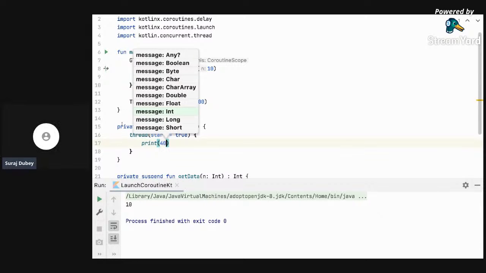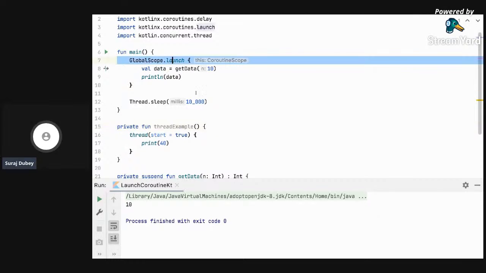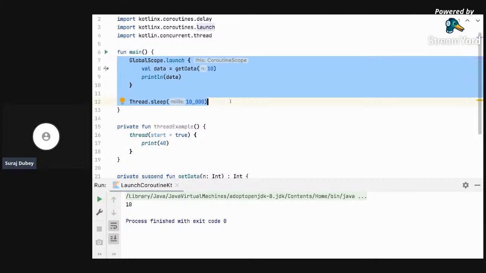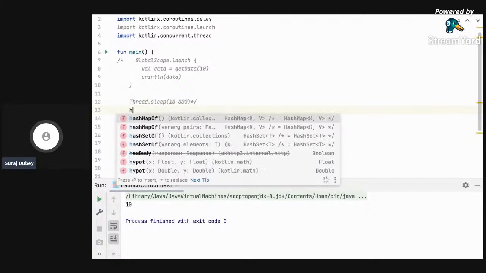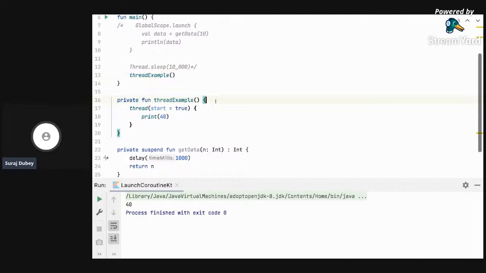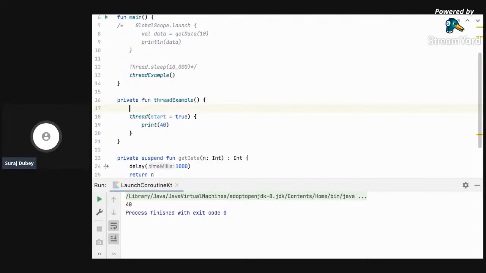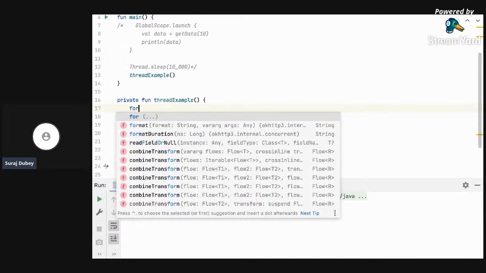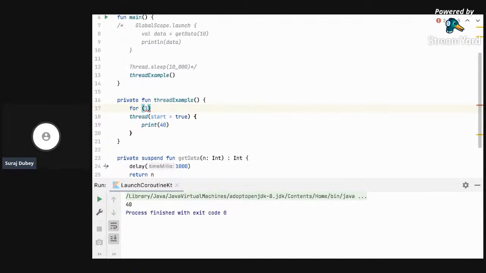That's it. And we are going to run this. So we'll just go ahead and comment out this for a moment. And we are just going to set thread example 40. So far, so good. But now let's try and run hundreds of threads. Let's see what happens. So to run 100 threads, we have this sum of the for I in 1